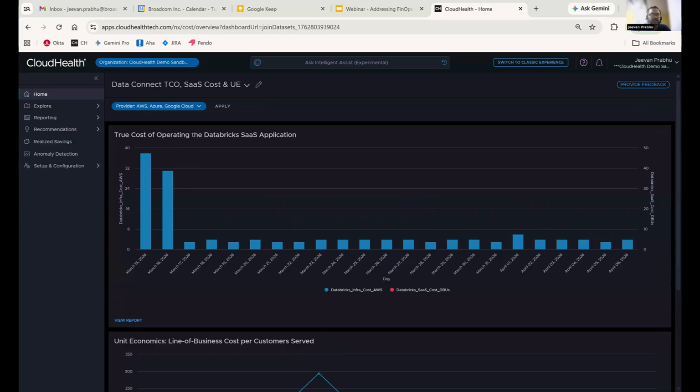So you can see how we have modeled the true cost of operating Databricks SaaS. It includes both infra cost as well as DBU costs. Since Databricks can be purchased through either AWS, Azure, or GCP, specifically if you have purchased from the AWS Marketplace or GCP Marketplace, you will not get this SaaS cost or DBU cost in the bills. So this is where the connector comes in, which